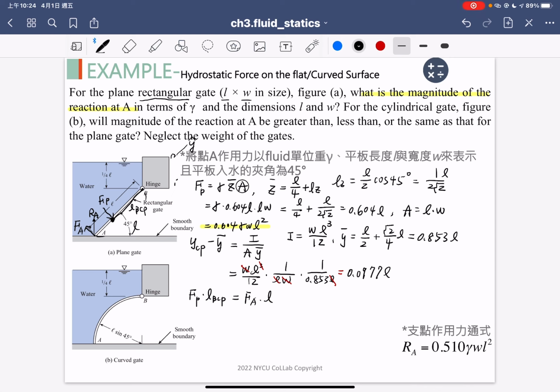We can rewrite the FA by the RA, the reaction force at the A location,